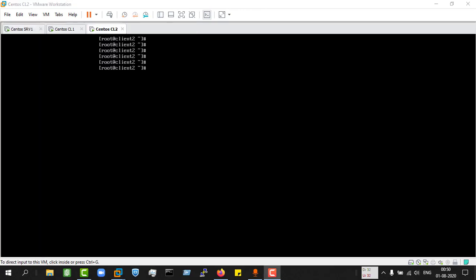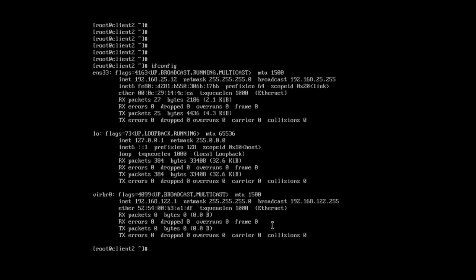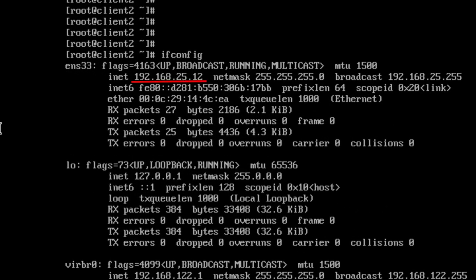So guys, this is the next client that I'm having. This is a CentOS machine also. So I'll clear the screen and run ifconfig. You can see that the IP that this machine got is ending with 12. So that is a success, guys.